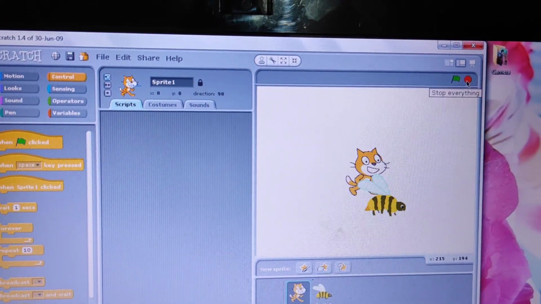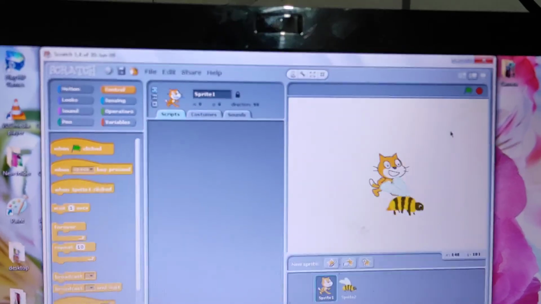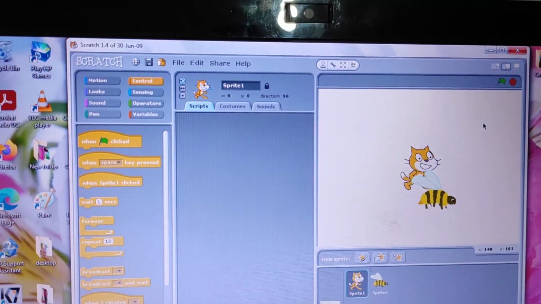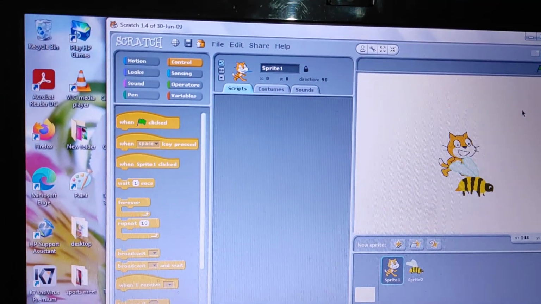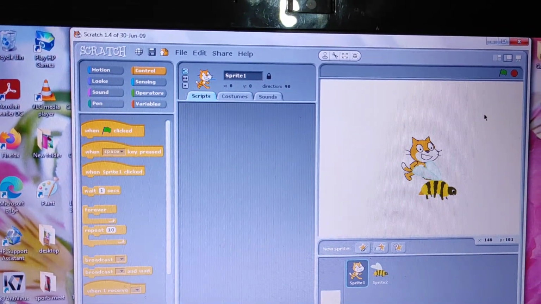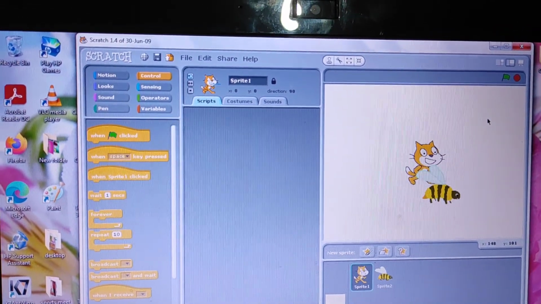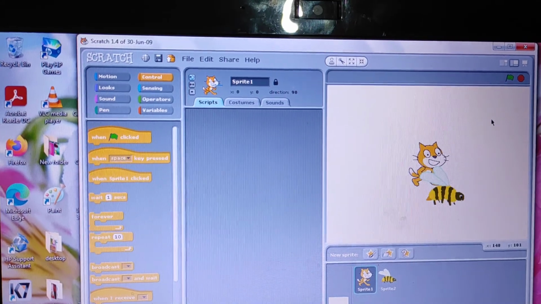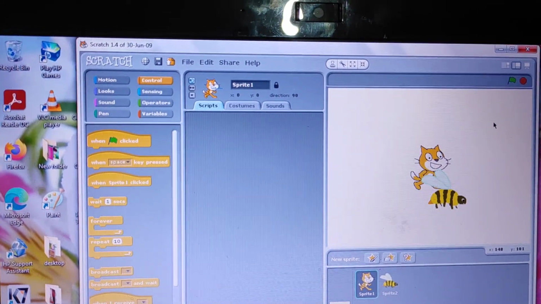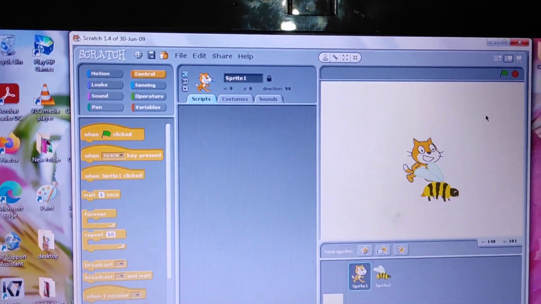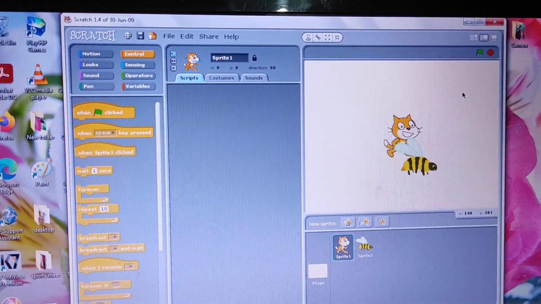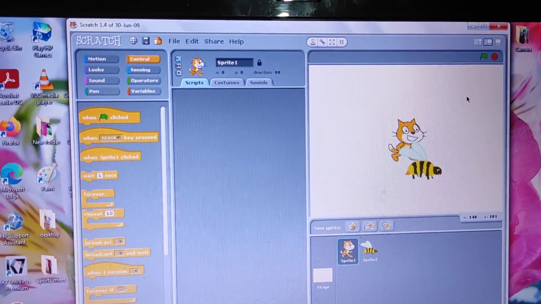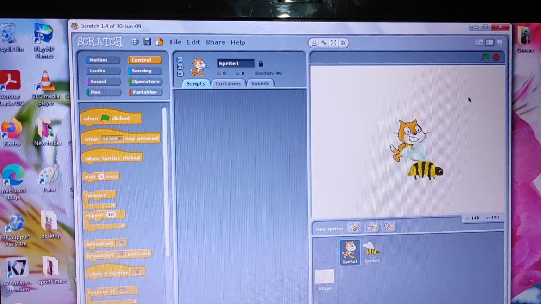The blocks held inside this block will be executed in a loop, and that loop will never end until the stop signal is clicked.